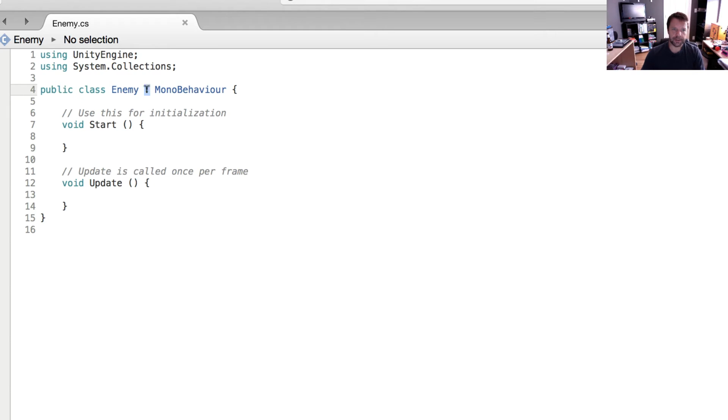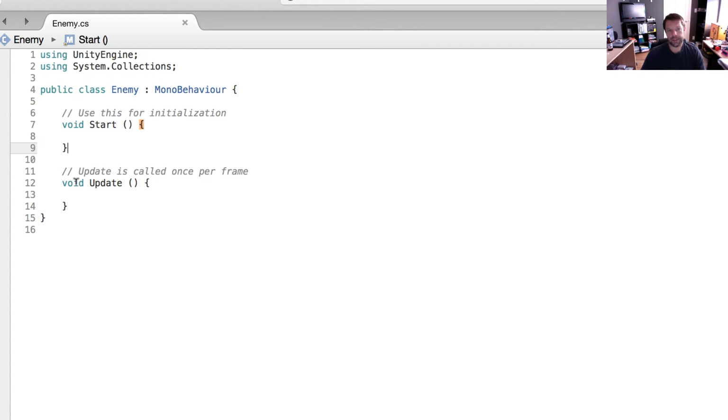This right here, okay, we've got a colon, and then we've got mono behavior. This statement here says, hey, we've got this public enemy class. We could actually do this, and our class would work just as well. The only thing that we wouldn't be able to do is we wouldn't be able to reference these two methods, start and update, because start and update are part of mono behavior. So in order to use start and update, we have to inherit from mono behavior, or also we can call this extending mono behavior. We're extending mono behavior with the class of enemy. Okay,